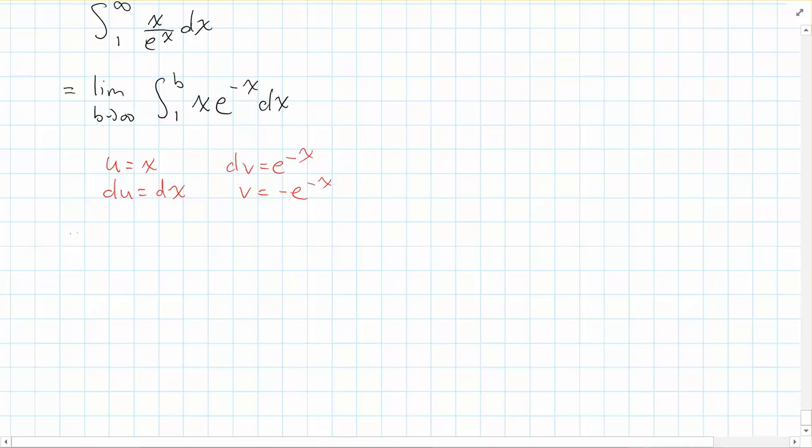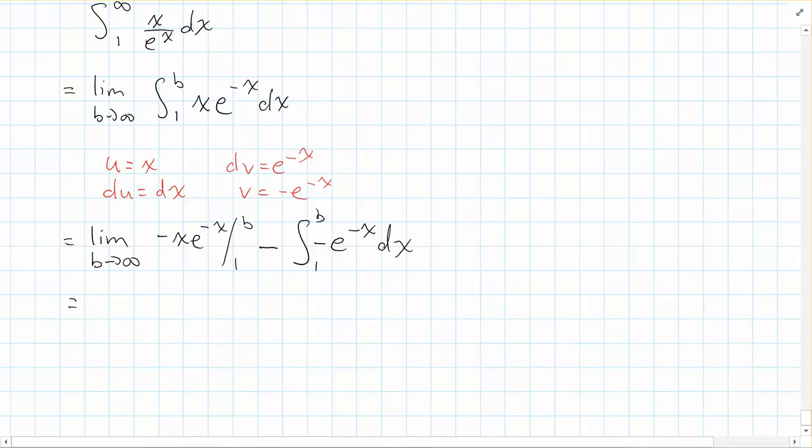And so we'd get that this is then equal to the limit as b goes to infinity of u times v, so it'd be negative x e to the negative x, evaluated from 1 to b, minus the integral of v du, which would be negative e to the negative x dx